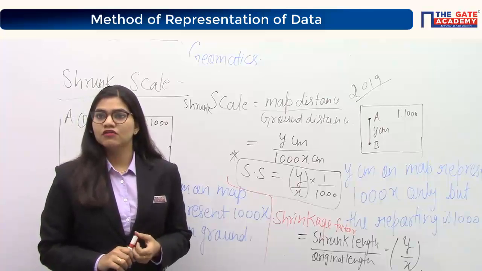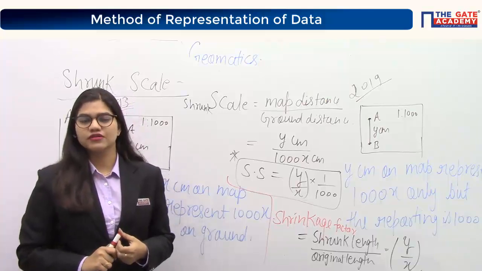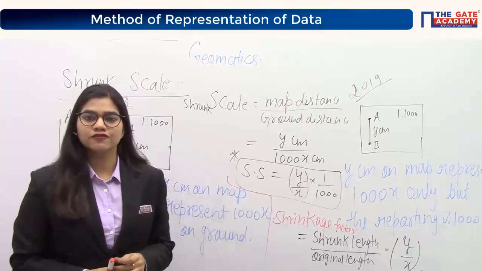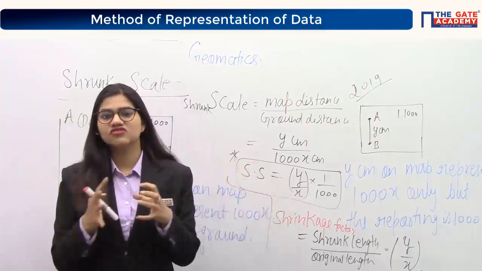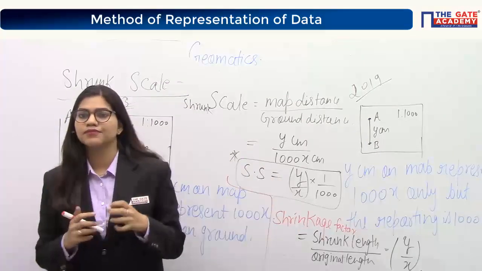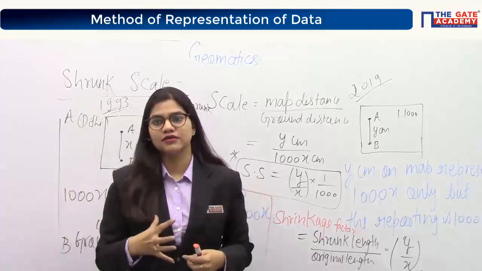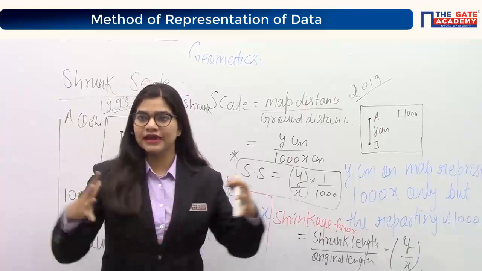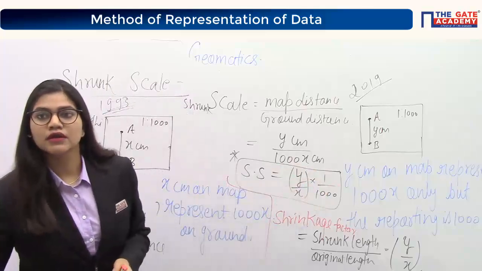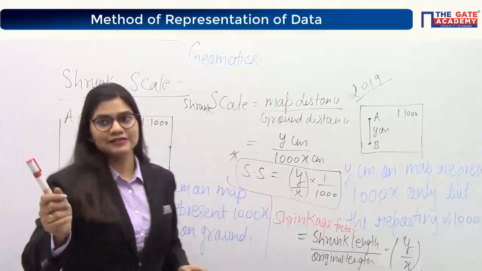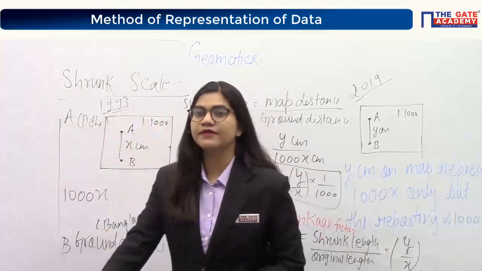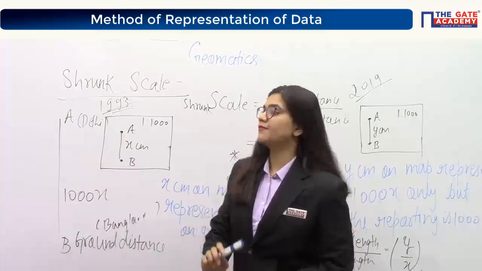Is the scale always shrunk, or can it be an extension? If you see, there will be only shrunk, because moisture goes from the paper and that got shrunk. You never find the extended one. Clear? Okay, I'll explain one more time. I'll repeat. Just listen if you missed something.